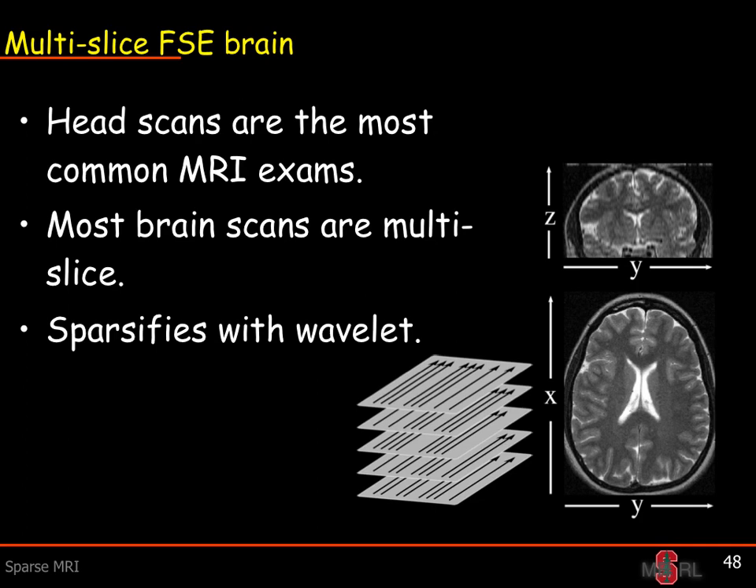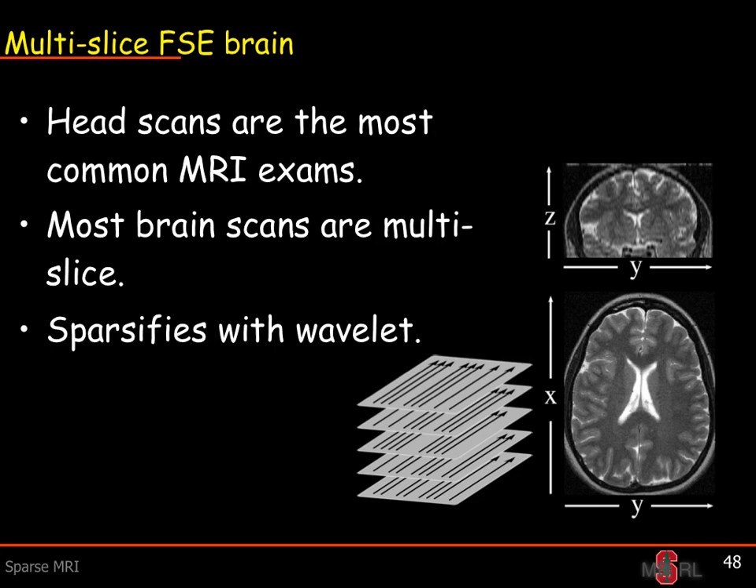We can do multi-slice fast spin echo reconstructions of the brain as well. Head scans, of course, are the most common MRI exams, and most brain scans are multi-slice. That is, you excite and receive signal from one slice at a time. You can apply different sampling in the different slices, and then apply the transform across the entire 3D volume during the reconstruction. And this also then results in a reasonable reconstruction with wavelet